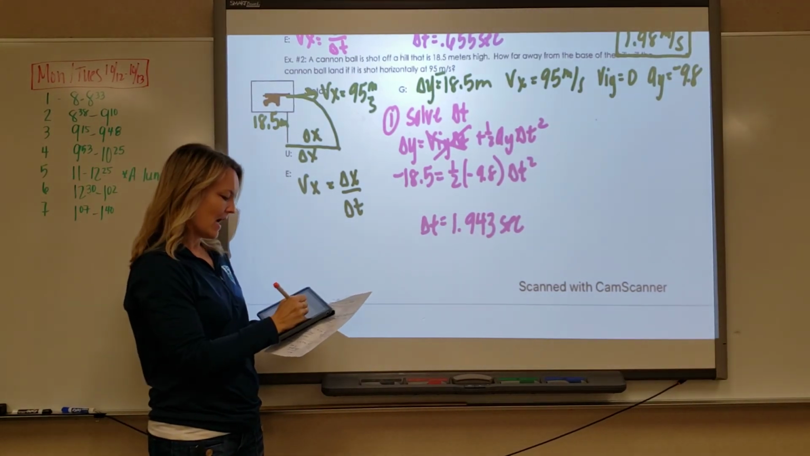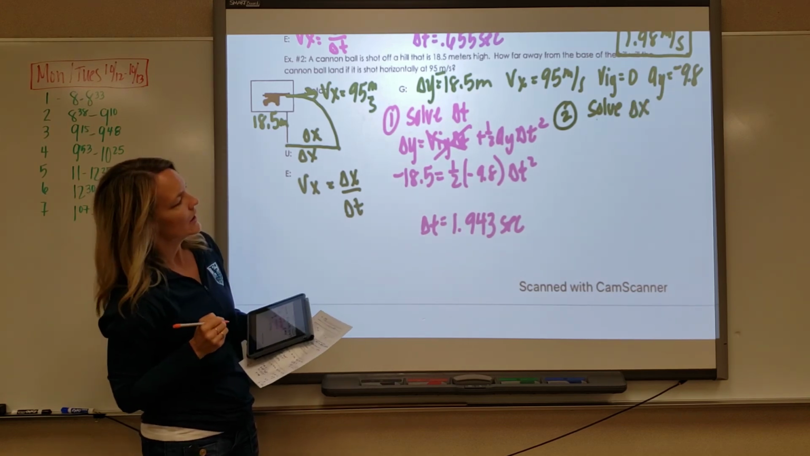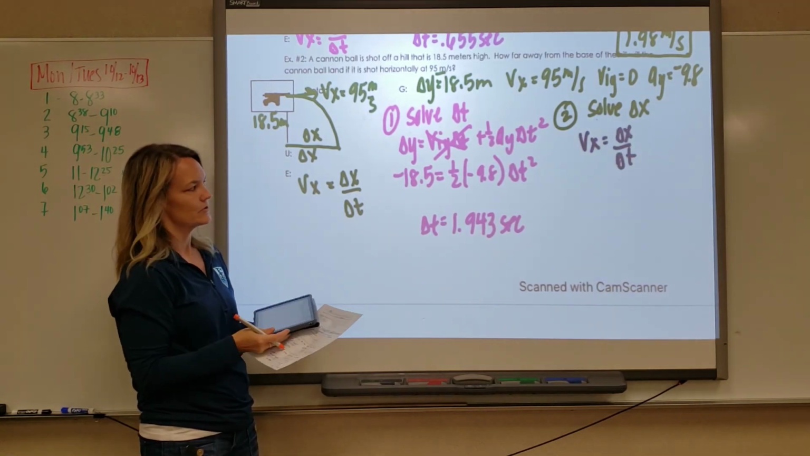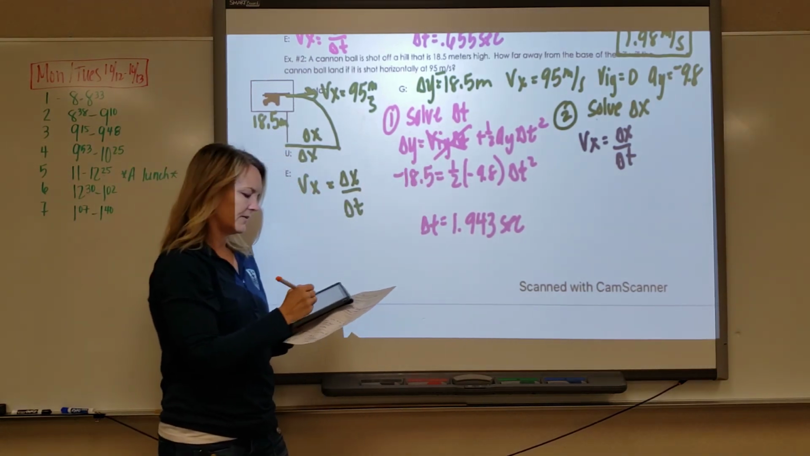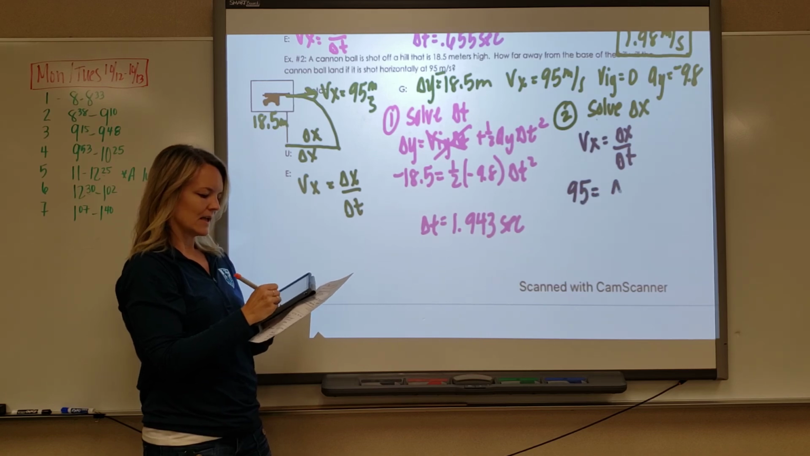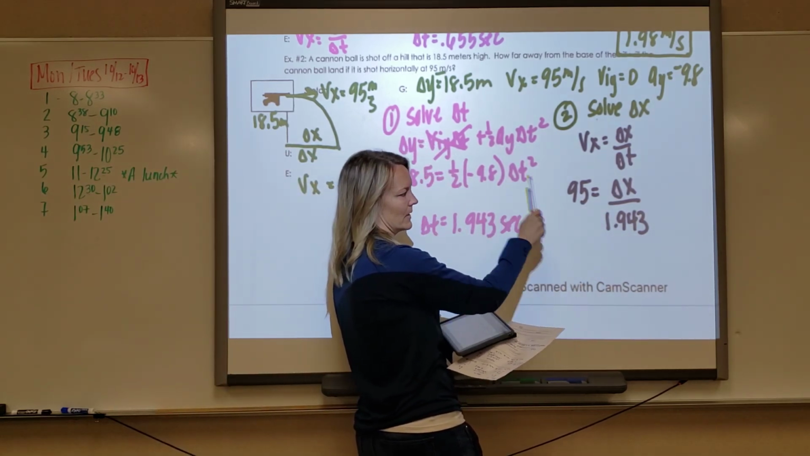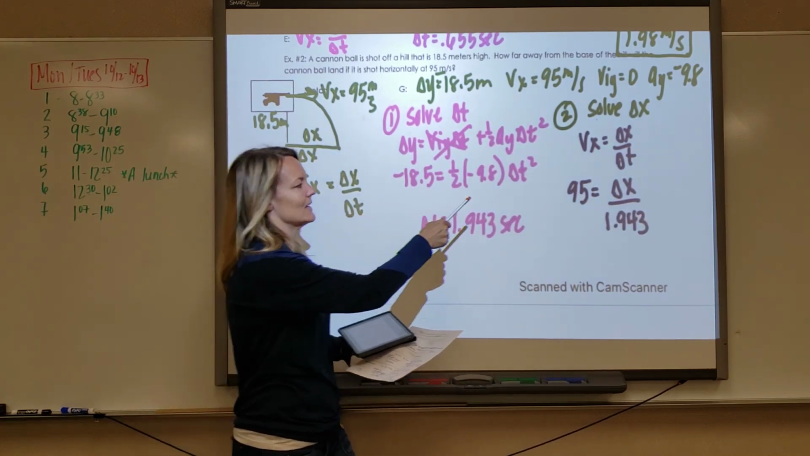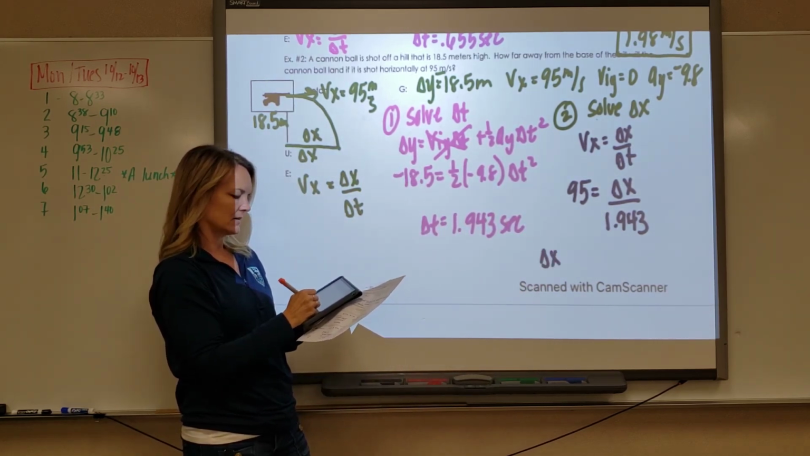My last step, I need to solve for delta x. I'm going to have to use vx equals delta x over delta t in order to do that. That's the only equation in the x direction. My vx was 95, delta x over delta t. To get x, this has to multiply off the bottom. I have to cross multiply and divide. This multiplies to the other side. And so if I take 95 times 1.943, I end up with a delta x of